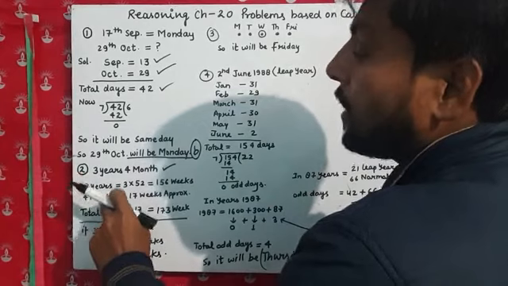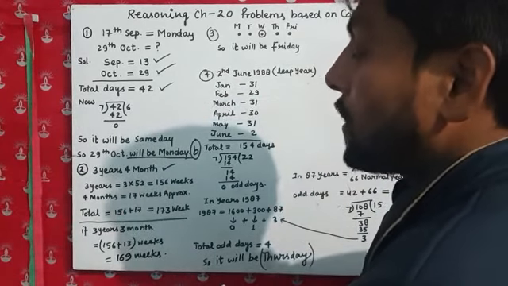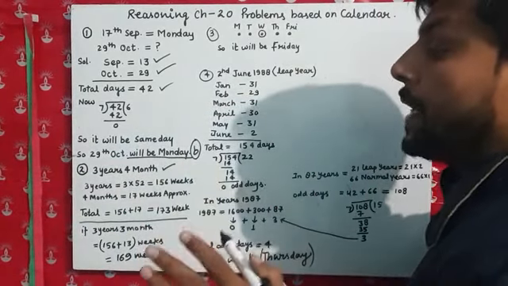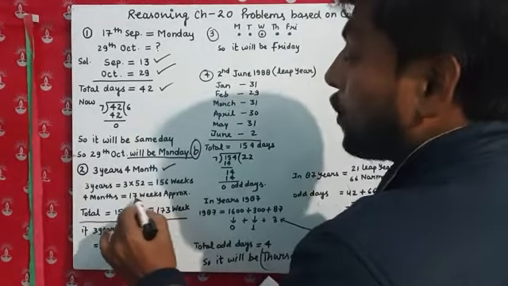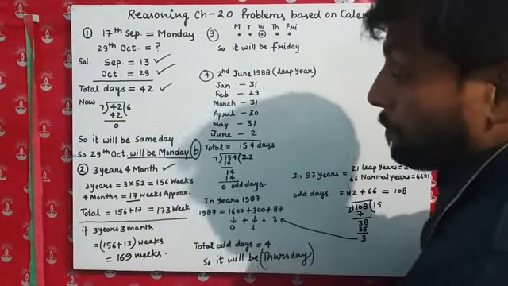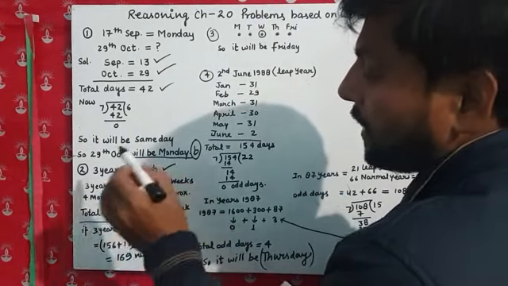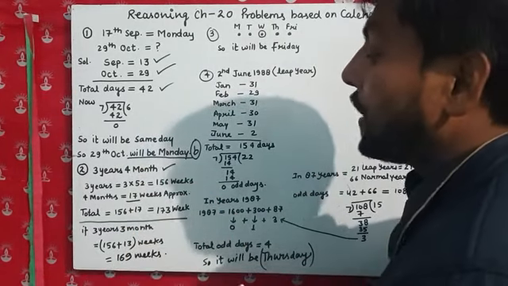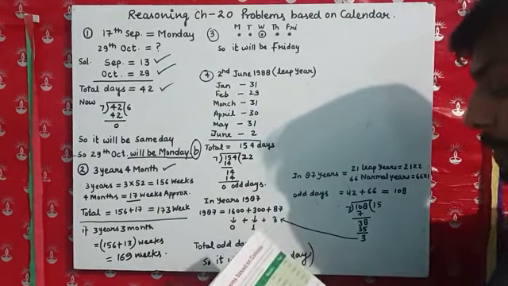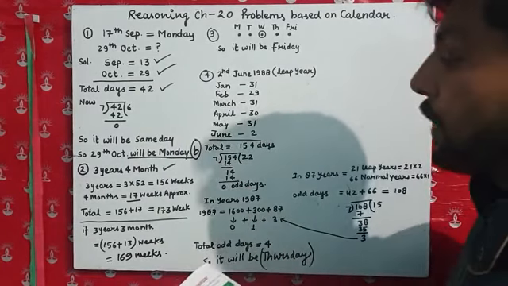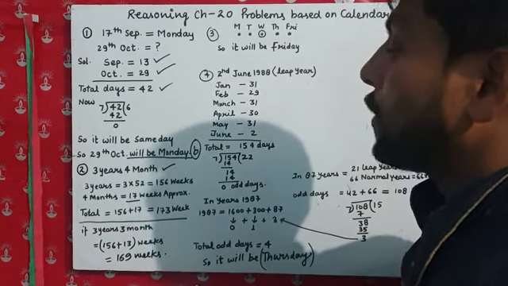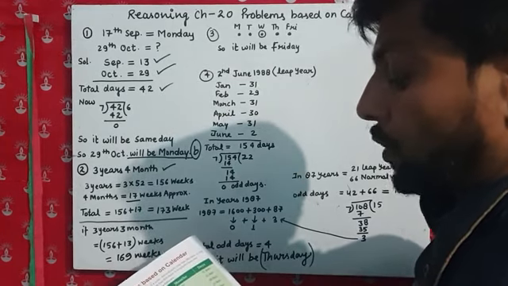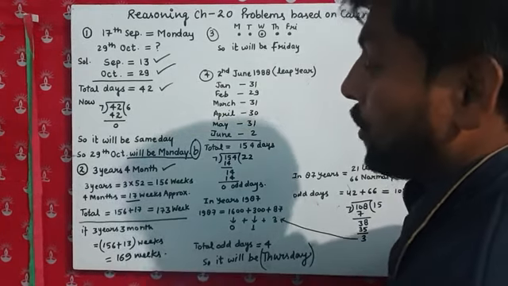And in the 4 months, if we take approximately 4 weeks in a month, 4 fours are 16, but there will be approximately 17 weeks. So if we take the sum, it will be 173 weeks. But no option is given as 173. So we have to correct the question. Either we have to correct the question or we have to skip this question. So I am going to make a correction.